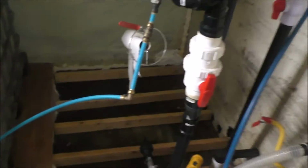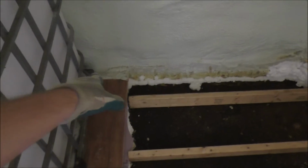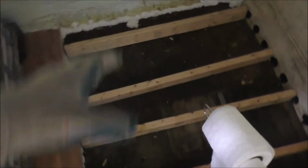I just finished spray foaming the subfloor. I left it for over 12 hours after I polyurethaned this entire floor. I bleached it first and cleaned it first to some degree. There's still a little bit of stuff in there, but I spray foamed all this now, that corner along that edge, and the polyurethane has cured. And the 2x4s have been coated with polyurethane all the way around them,